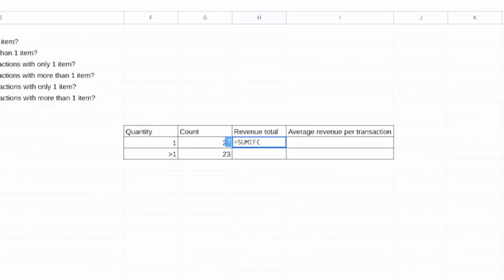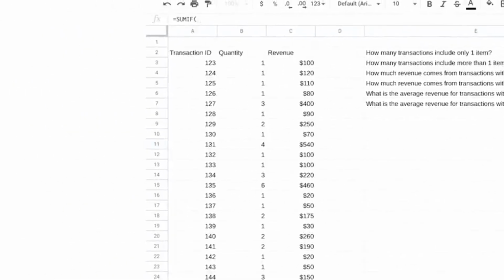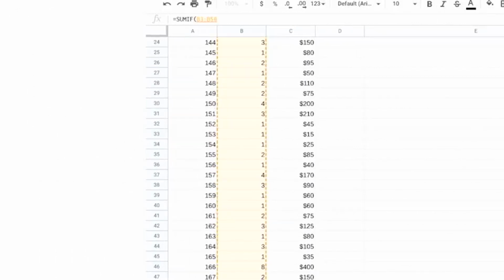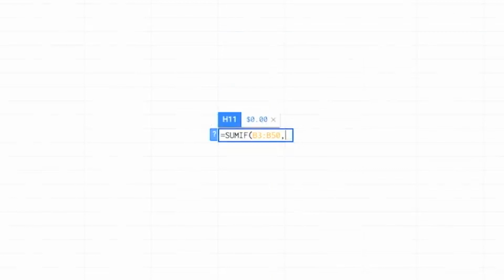The range to be evaluated is in column B, so we'll select those cells. The condition we want the data to meet is for the values in the column to be equal to 1, so we'll type a comma and then inside quotes an equal sign and the number 1.